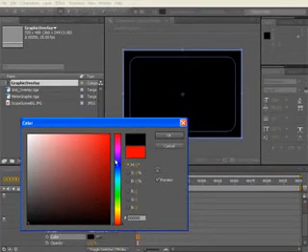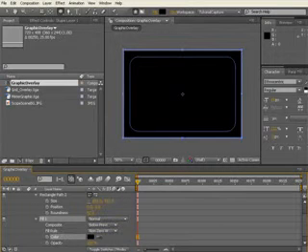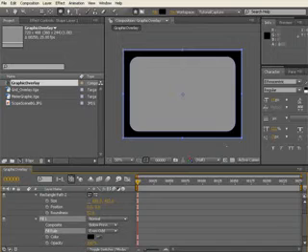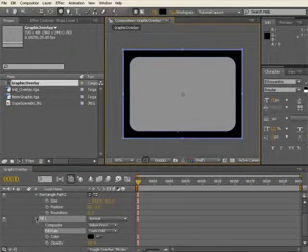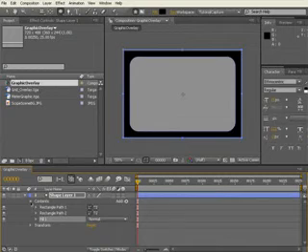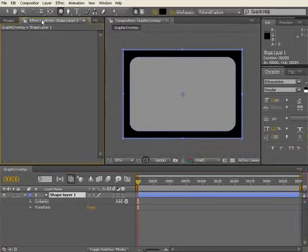We'll just change the fill color to black and the fill rule to even odd, and that just gives us a cutout. And if I change the transparency, you'll see that it's got our scope shape. And the next thing we'll need to do is right click on your effects control